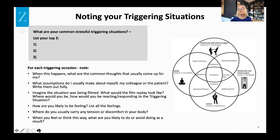So for each triggering situation, just take your common 3, you know, relationship issues or issues in relation to work-related issues. What are the top 3 things that tend to trigger you? And then just basically get a pen and paper. And by the way, it's much better than typing, because you tend to access the prefrontal cortex part of your brain, which explores a little bit deeper the emotional reasoning behind why we're doing things. So when you write down the triggering situation, be very specific. What specific triggering situations are your top 3, say, for example, and take each one and then write down,